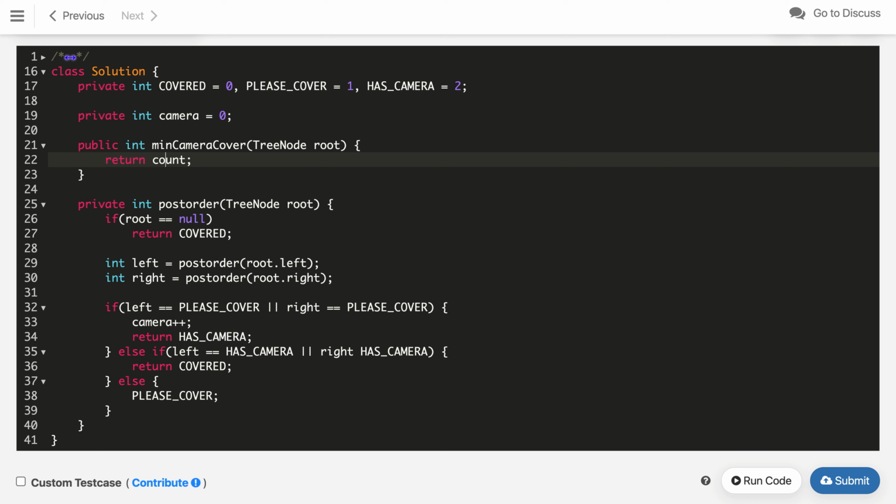So first of all we will check if this guy is saying covered, then we return count plus one, like we have to place a camera on the root node as well, otherwise we just return the count. So let's just format the code and compile the code.